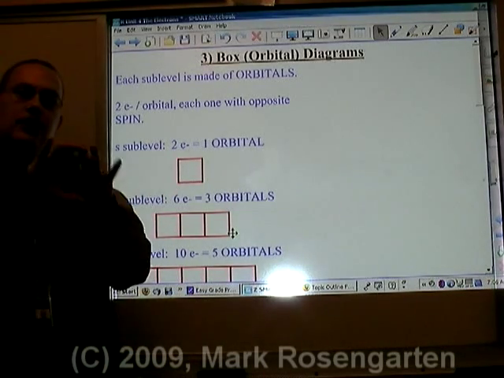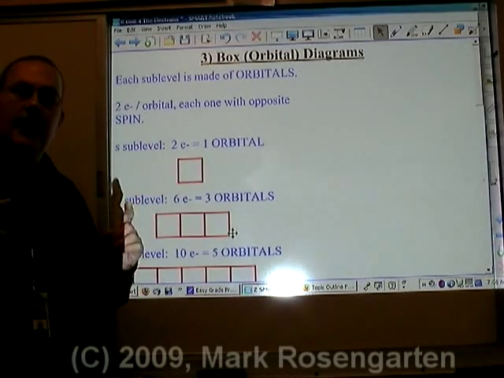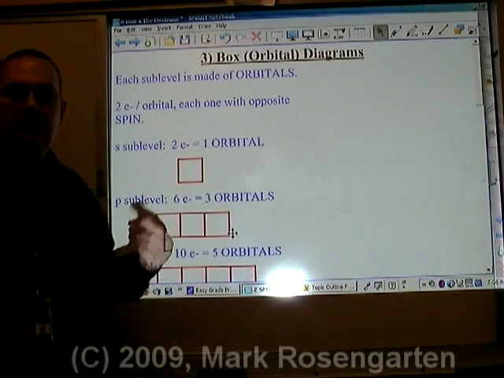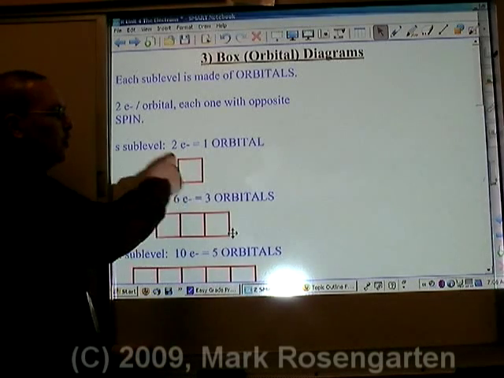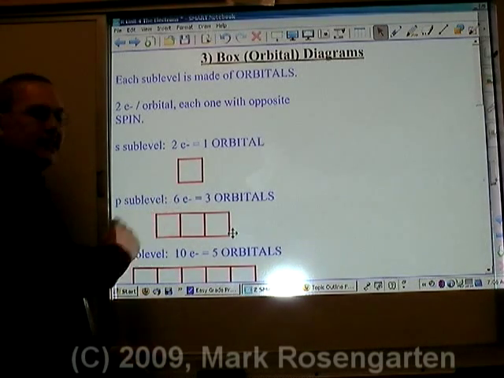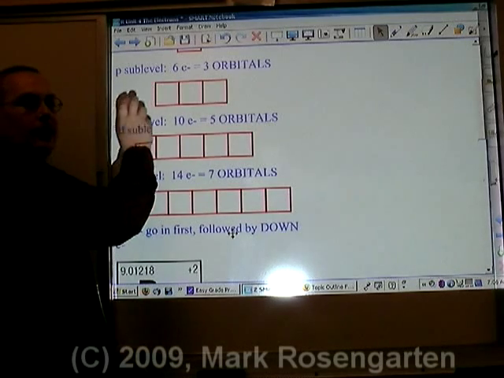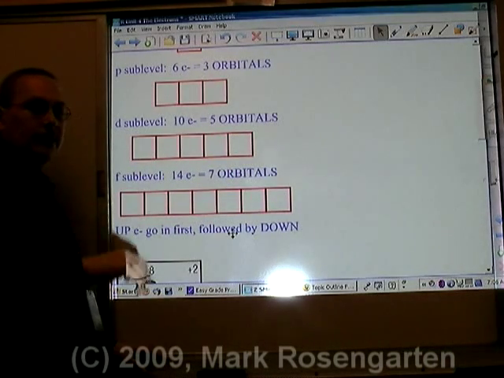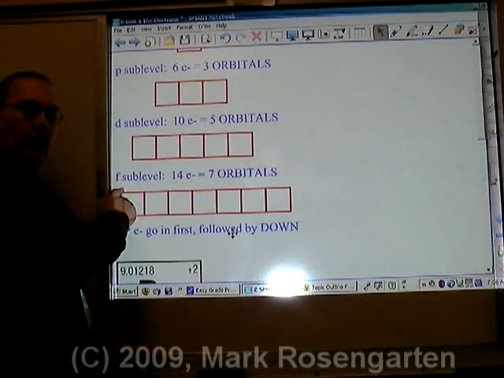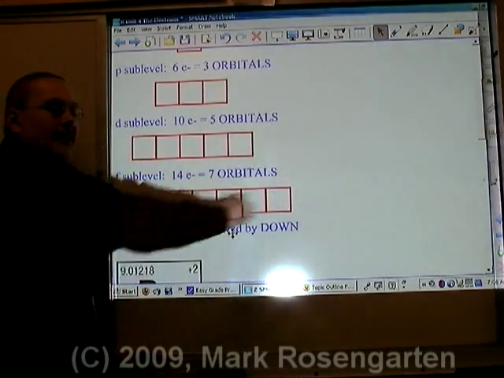An orbital is a region of space where you're likely to find up to 2 electrons. These electrons will have opposite spins. Since an orbital can hold up to 2 electrons, since S has 2 electrons, that's 1 orbital. Since P can hold up to 6 electrons, 2, 4, 6, that's 3 orbitals. We represent orbitals as boxes. Because the D sublevel can hold up to 10 electrons, that would be 2, 4, 6, 8, 10, 5 orbitals. And because the F sublevel can hold up to 14 electrons, 2, 4, 6, 8, 10, 12, 14, that's 7